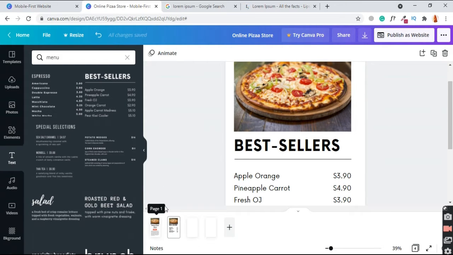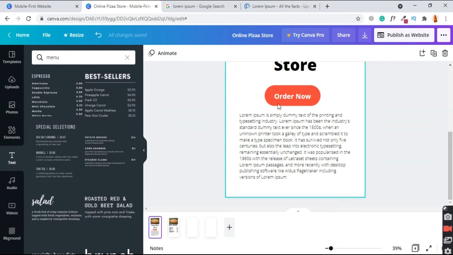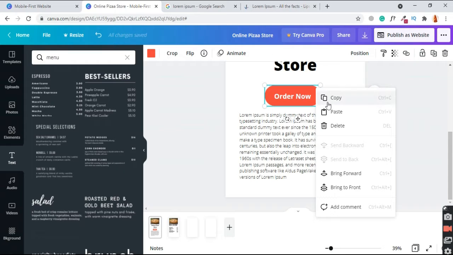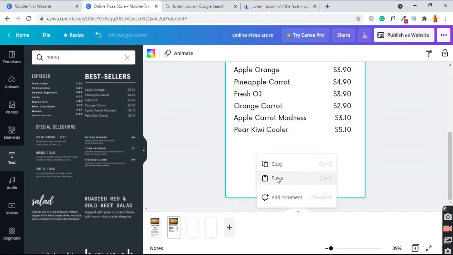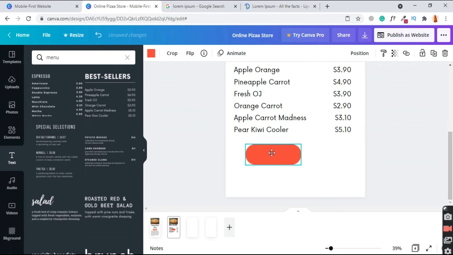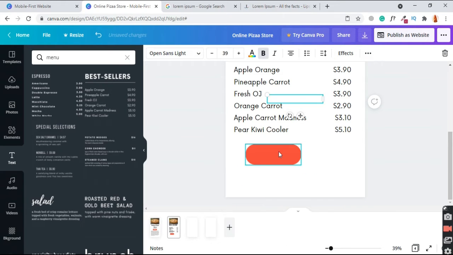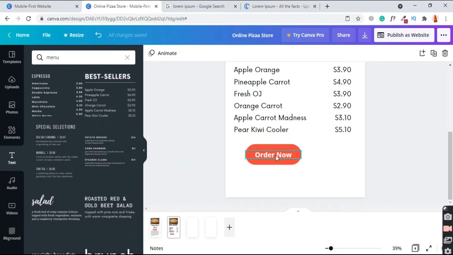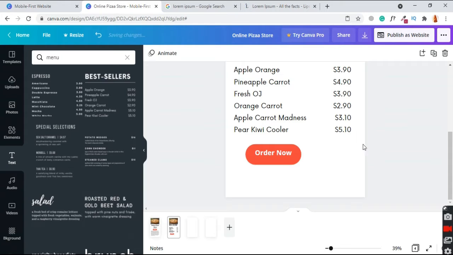Now add a button here. Okay, let's add one more button here. We can also copy this button. Just click on it, copy and paste it here. Okay, just the button is appearing, not the text. Let's copy the text also. Copy it and paste it. Okay, this is our CTA. Yes, great.